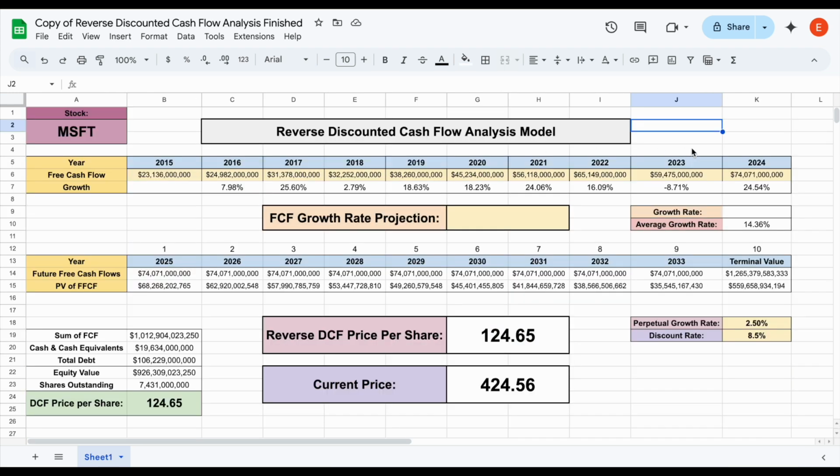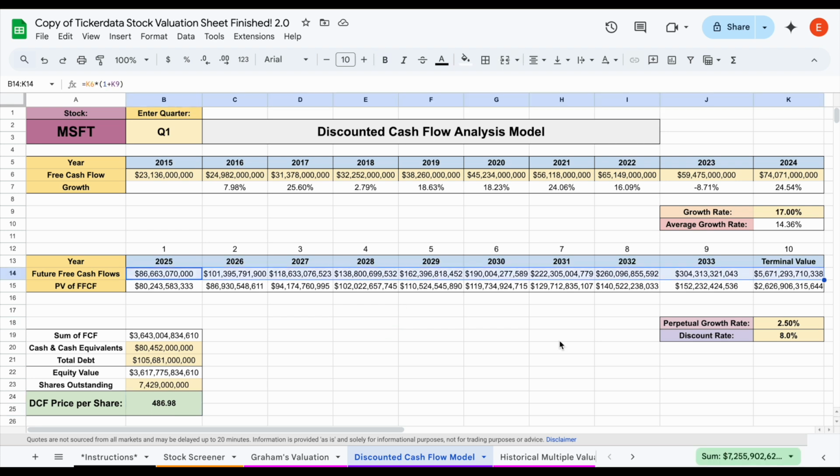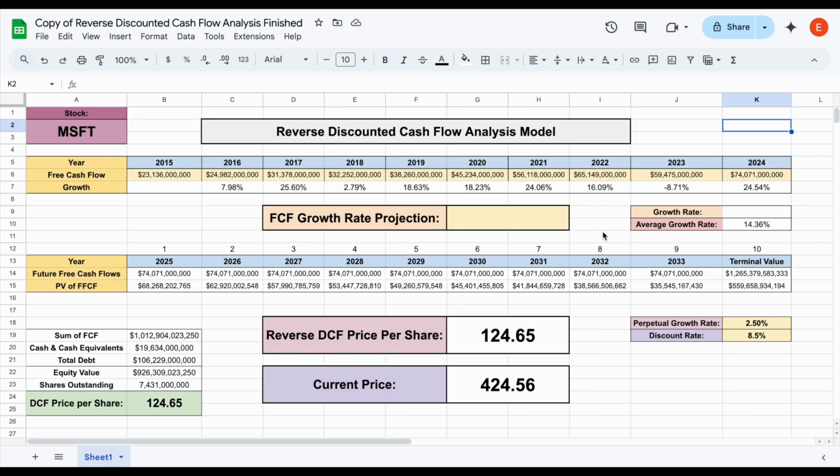Well, again, the idea behind a free cash flow analysis is we value the stock based on how much free cash flow they're going to produce in the future. And this is no doubt a great valuation model, but the problem that some people have is it can be very sensitive to growth rate projections. So if your growth rate projection is off by quite a bit, obviously you're not going to come to a clear intrinsic value. So how can we mitigate this? Well, one of the things we can do, again, use a reverse discounted cash flow analysis. And basically what we're going to do is see how much free cash flow growth is currently priced into the stock.